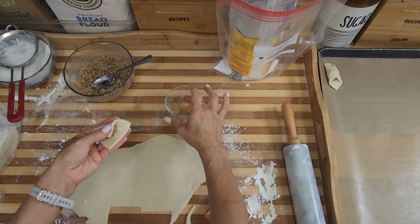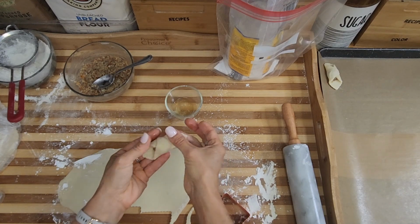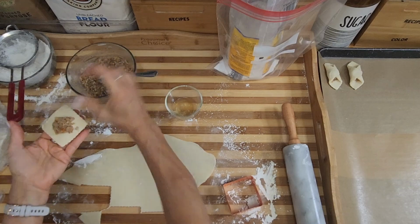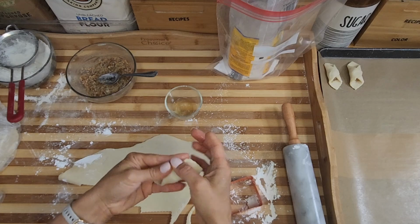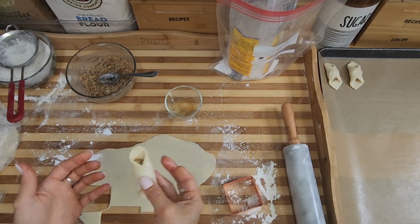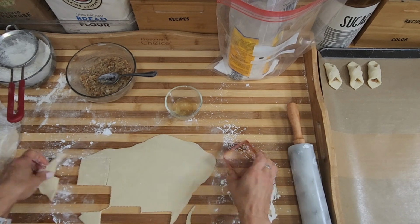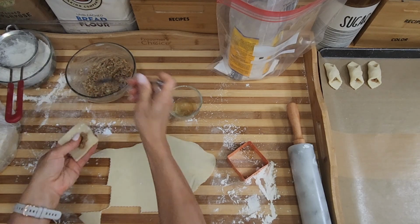Okay, now dip your finger in. And another one. One side, put some of that honey water in, and then lock your Kolaczkis. I guarantee this will prevent Kolaczkis from splitting apart while baking, and this is very frustrating because it does take time to make those. Some of us try really hard, and then half of the Kolaczkis are opened and they